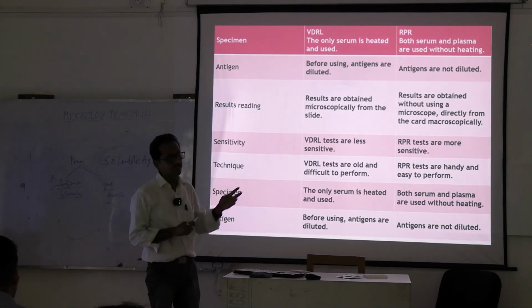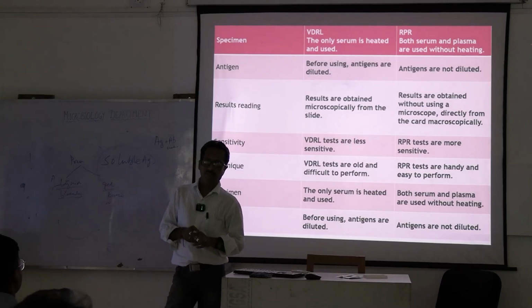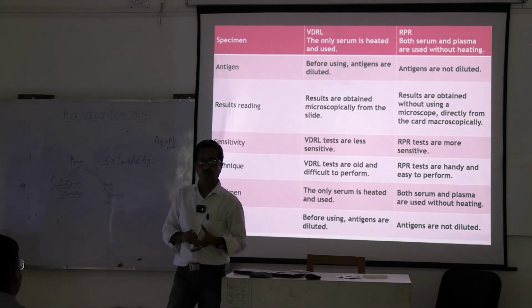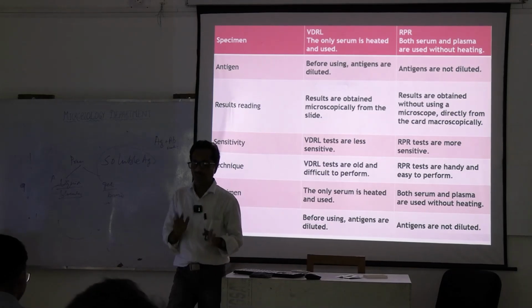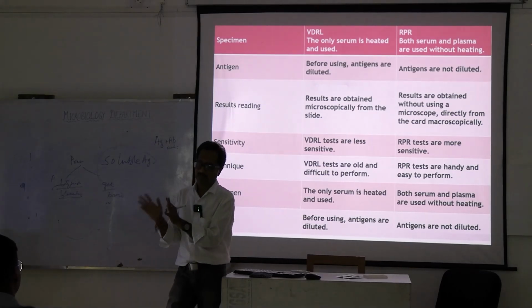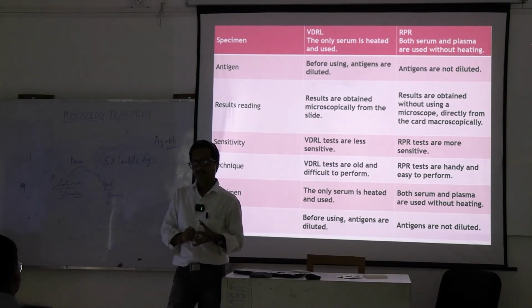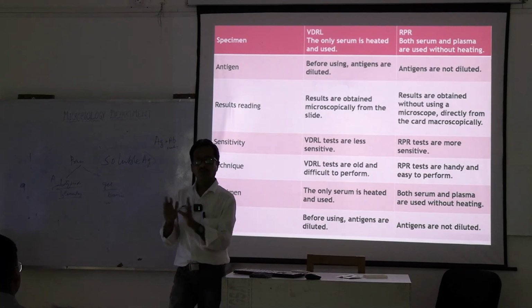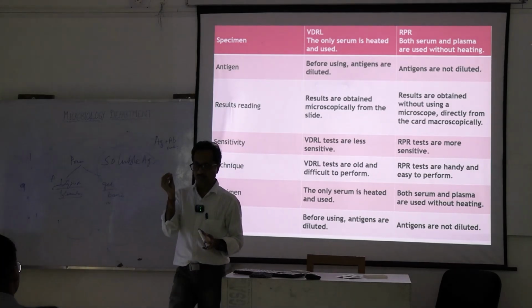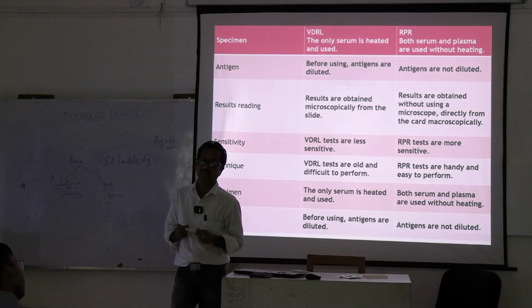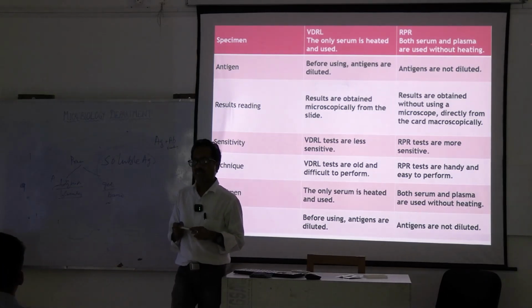The second difference: for VDRL, what is the material that we see? Floccules of what? What is there in the floccules? Cholesterol. How will it be visible? The immune complex will be visible. How do we visualize the complex? Cholesterol is given to visualize it. The cholesterol crystals will deposit at the floccules. So cholesterol is there in VDRL, and in RPR what is there? Carbon particle. So carbon particle is there in RPR, but here cholesterol.